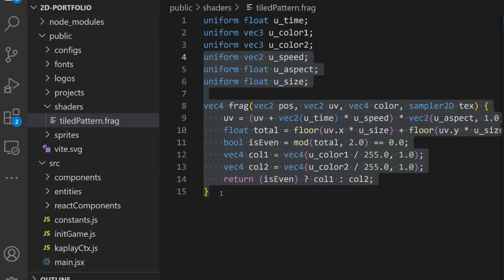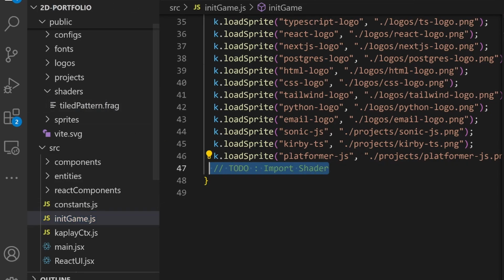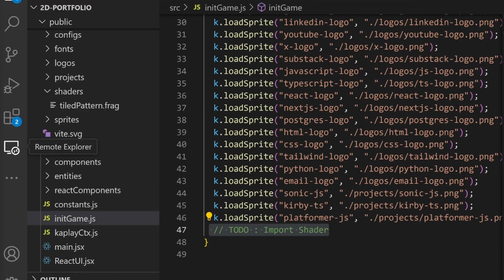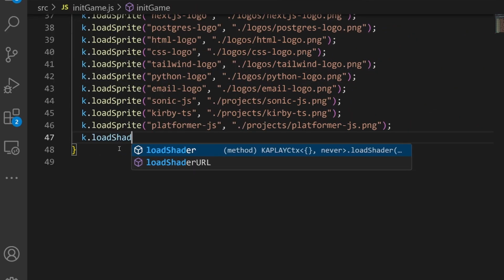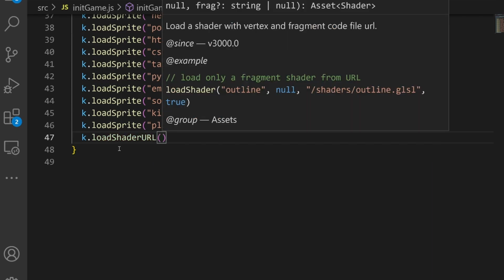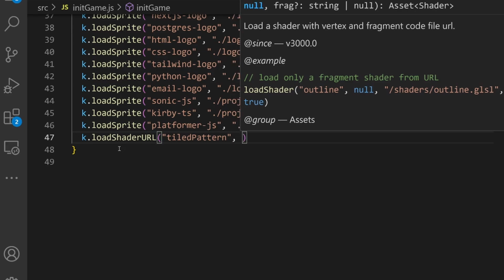Now let's load it. The way we're going to load it is by going to here, and we're going to simply write a statement. Like I said, it's like loading sprites, but with shaders. So k.loadShader is the name of the function we need to use. You select a name, much like the sprites. Depending on which type of shader you're using, if it's a